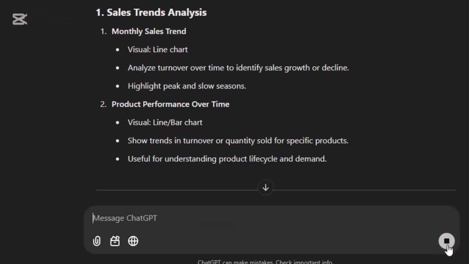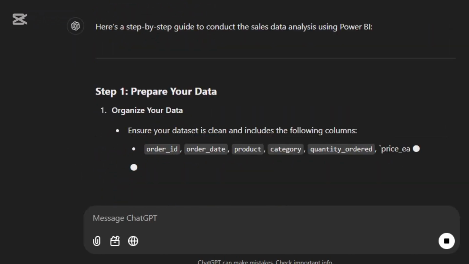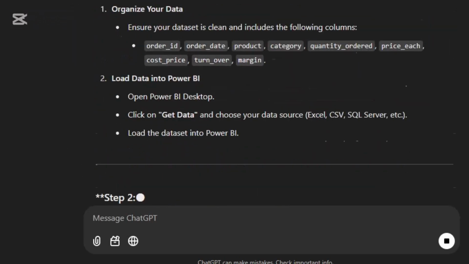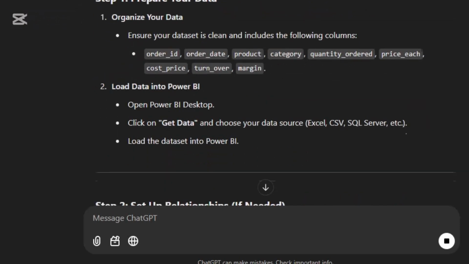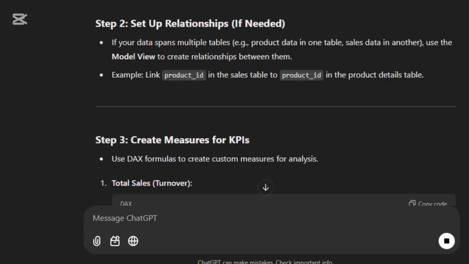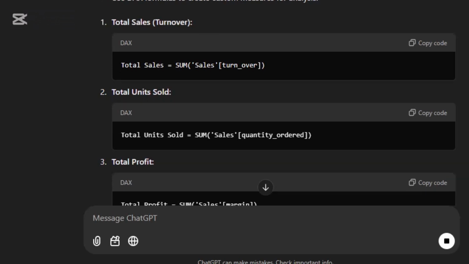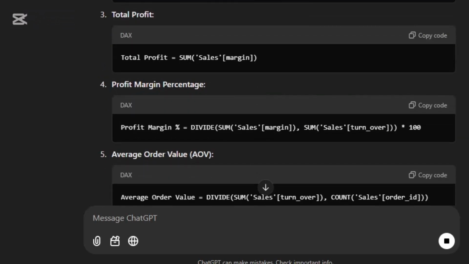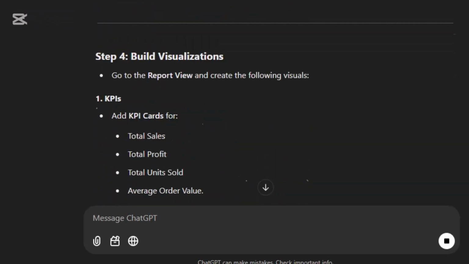So let's click on this. So basically it's going to tell you all you need to do. Prepare your data, organize your data, ensure your data is clean, including how you load it. These are the steps. Set up relationships if need be. That means if you're working with more than one data set. Then create measures for KPIs. So these are the KPIs, these are the codes, the DAX for your different KPIs you can create. Then after that is to build visualizations,